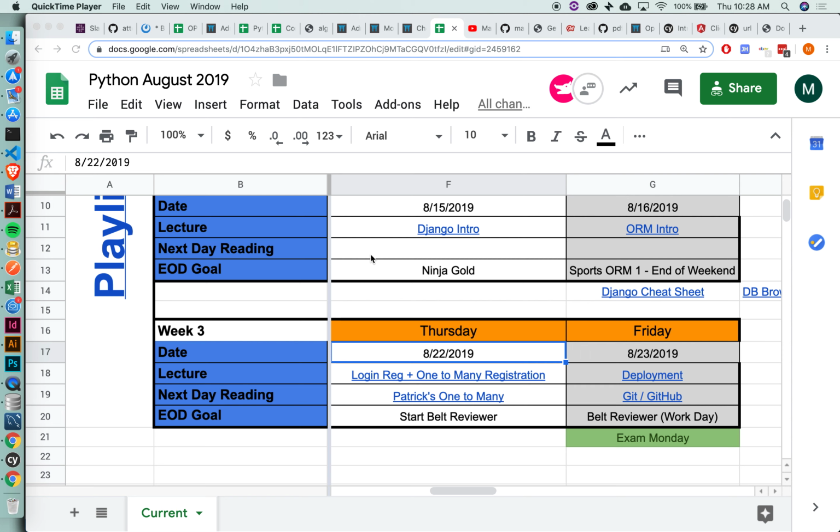Create a situation in which the users that we were registering yesterday, and we can even register a new one today if we want, can have some item associated with them. In previous iterations of the stack, they had done shirts. I think today I'm going to do hats, just for fun. So we're going to make it so that each user can have a bunch of different hats, and